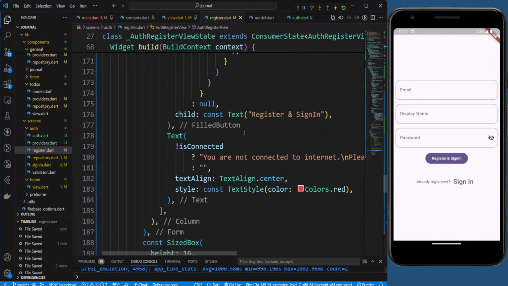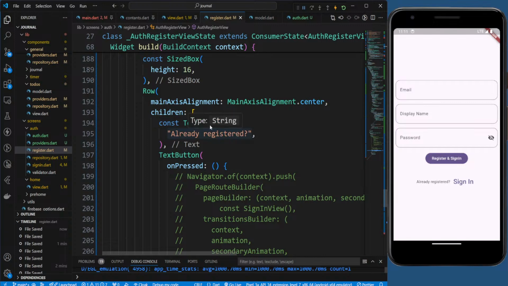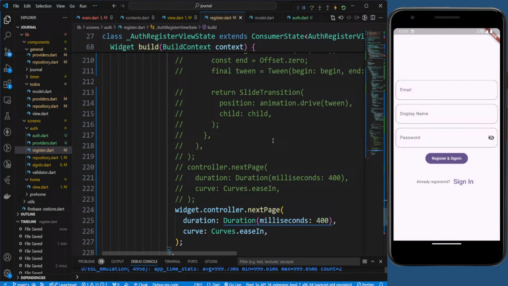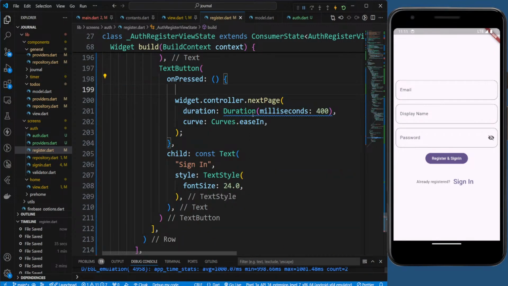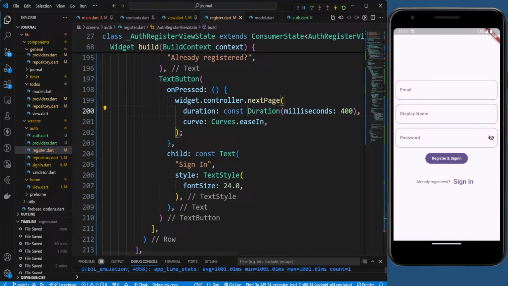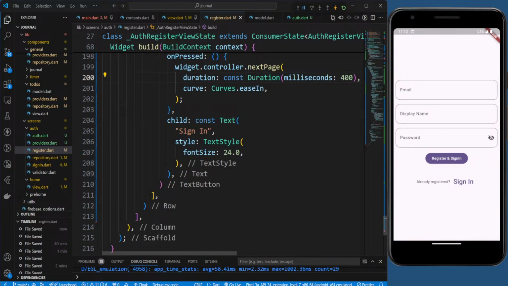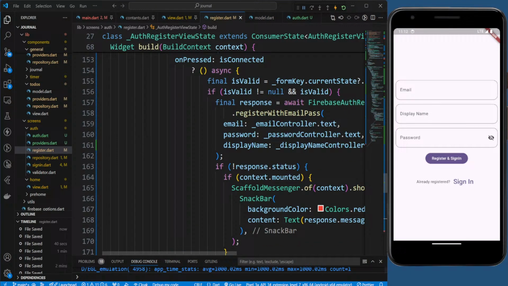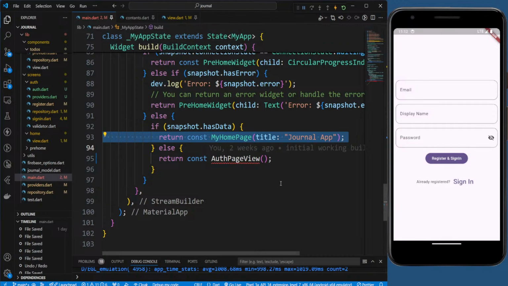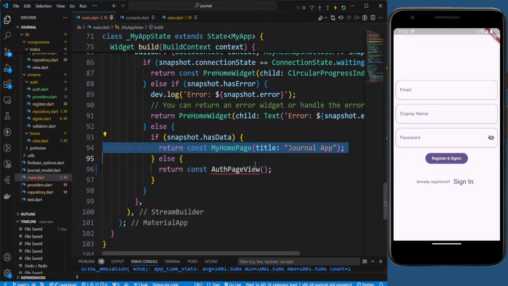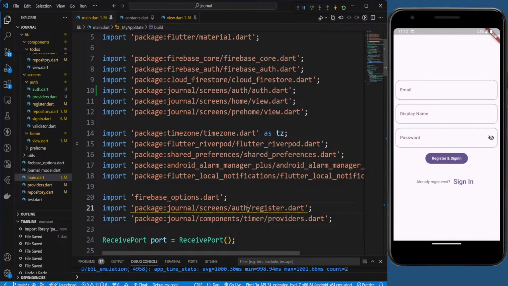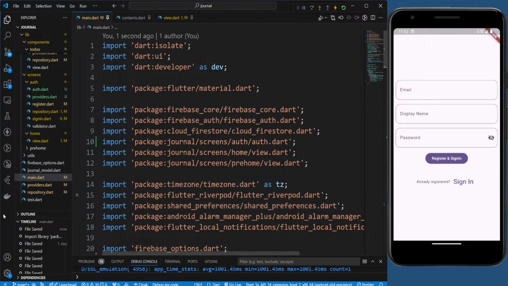So it's just differentiating the page, so that one page does one thing at a time. And this one, if you are already registered, on press it'll just take you to the next page. That is fine for us. When you click on this, you should just go to this page, and when you click on register, you should come back to this page. No issue here. It is correct, and the main will get this error because the location of this page changed, right? So this one, yeah. Now if you restart the page,